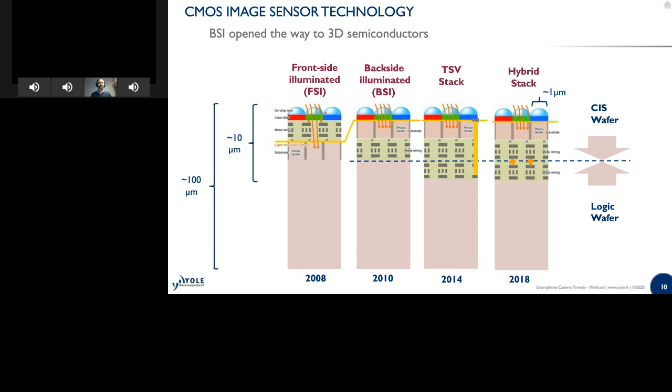So image sensor, CMOS image sensor have transitioned from front-side illuminated to backside illumination. And then more recently from stacked TSV, so through silicon vias, to do the connection with the top and lower wafer, and then more recently hybrid stack. So you can see that what makes it very special in terms of technology is the color filter array and the micro lens array on top of the technology. So those are organic elements, and